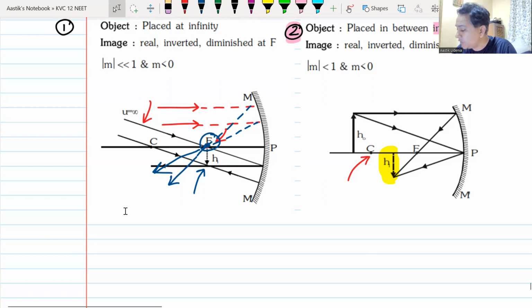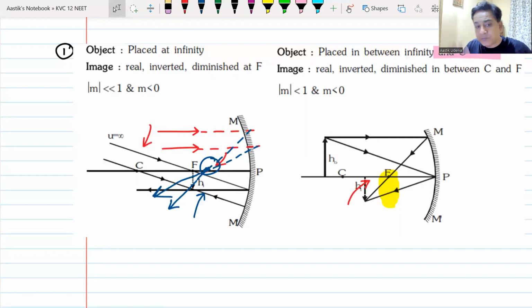So this is what you need to remember. You may not draw the diagram, but this is just to show where the image is formed. This is position number 2. The object is beyond the center of curvature, or you can say between C and infinity. Do we understand this? Can we move on to the third one? Yes, sir. But first of all, you have to tell me, my dear friends, what would be the